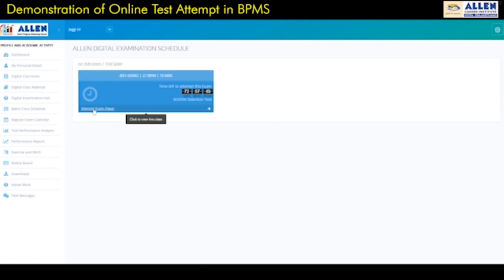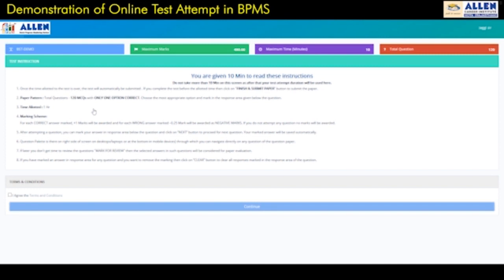Once you click on this paper, it will take you to another section which contains some important information like this. This contains some instructions which we need to read very carefully before starting the paper. It contains information like how many questions there are, what type of questions there are, and what their marking methodology is. For reading all these instructions, there is a time limit given, that is 10 minutes. So try to take 10 minutes only, but if you take more than that time it will consume your paper time.